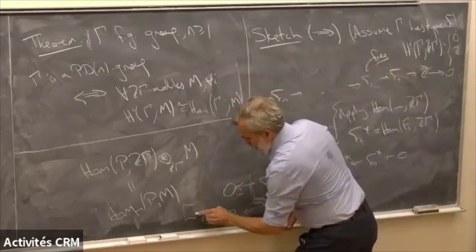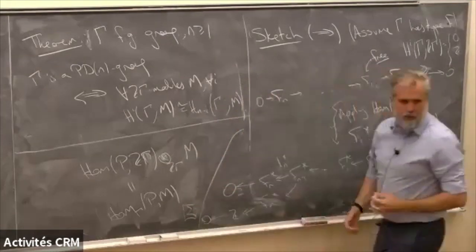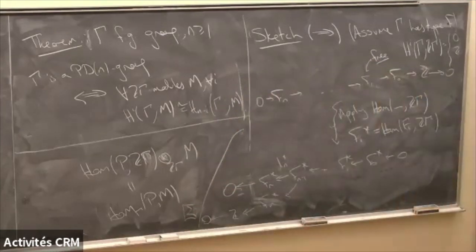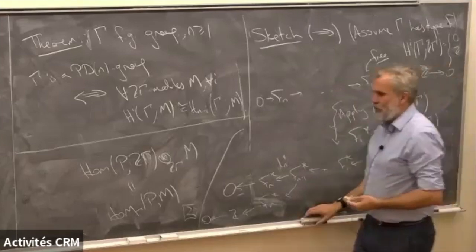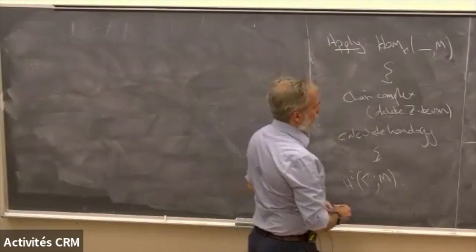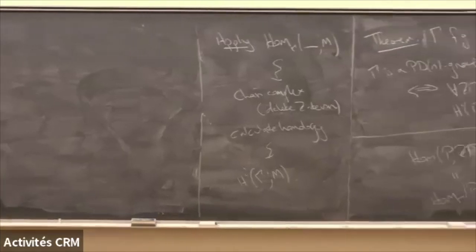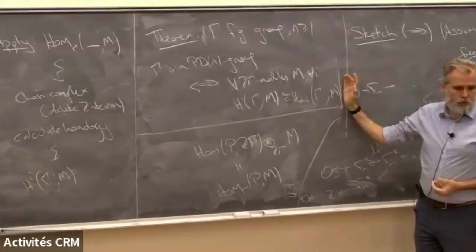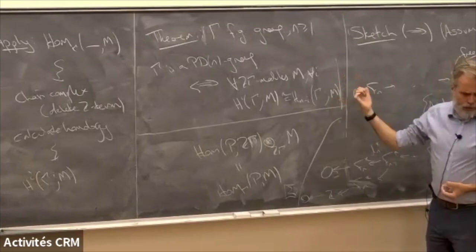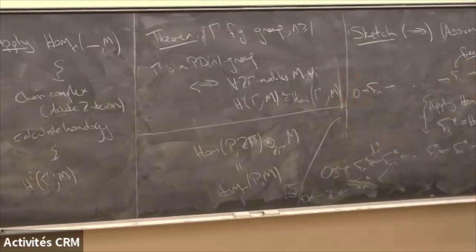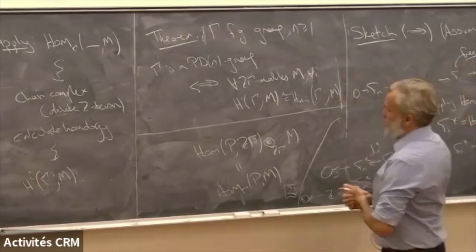Okay. So that was much less clear than it would have been if you had somebody who was actually good at homological algebra doing that for you. But it's really not that hard. It's probably better for you to do it yourself. Okay, very good. Right. So this strange condition that I gave you about being a PDn group implies this condition that looks much more like Poincare duality. In fact, the converse is also true. And there, I set that as an exercise. Okay. All right. Very good.